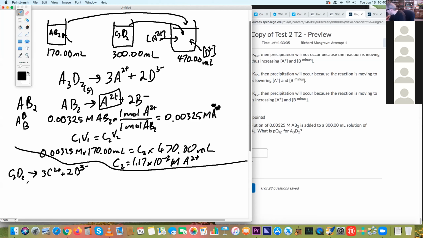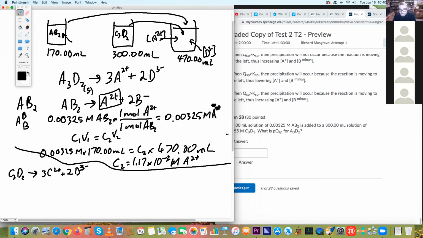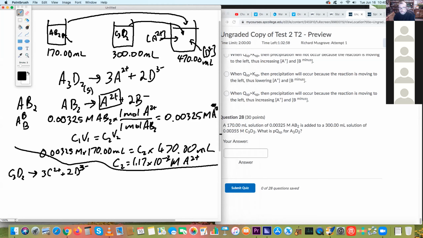And we can see that, let's see what the concentrations are. We need to figure out the concentration of D3 minus in the initial solution. So that's going to be 0.00355 molar